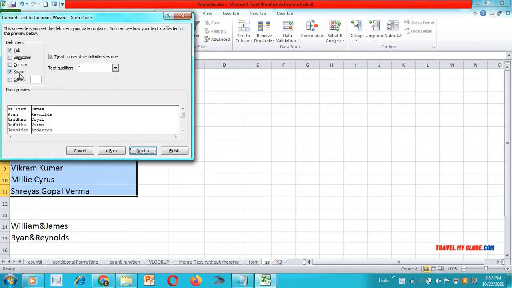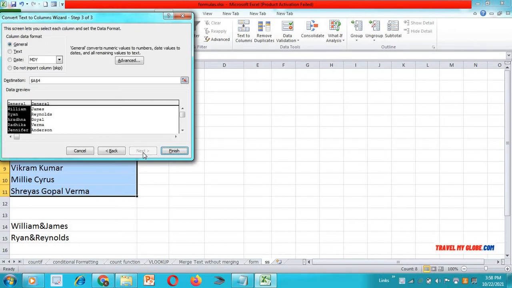Then you will see two delimiters checked, one is Tab, another is Space. Delimiters means, in short, the separator. Here the space is the separator, and wherever the space occurs, we want the data in two different columns. So we are going to check the checkbox of Space.